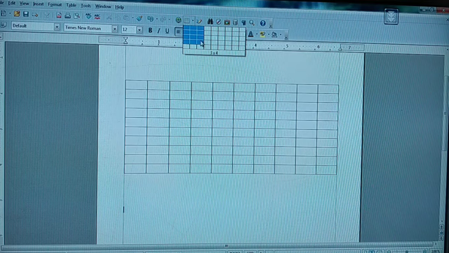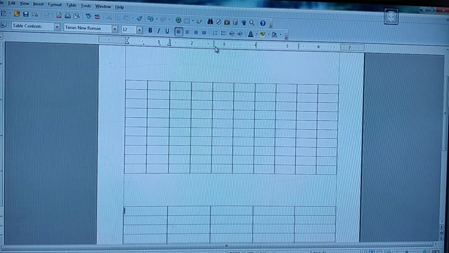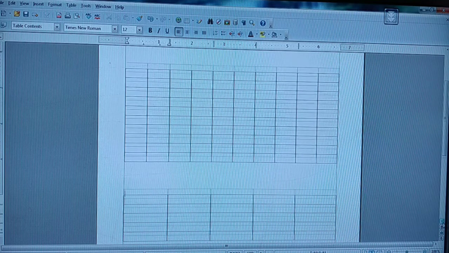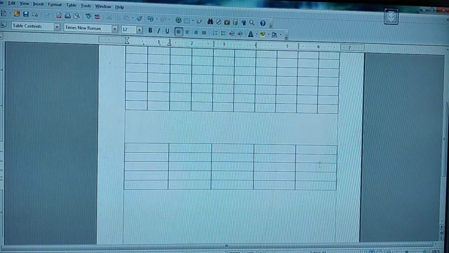Previously, when we clicked the table icon, the dialog box was displayed. If you click the inverted triangle next to it, this will be displayed for you. From here itself you can select the needed number of rows and columns. What you have selected in blue color alone will be inserted. Now check it here. So here I have 5 rows and 5 columns. This is the way we can insert a table by means of the table icon.